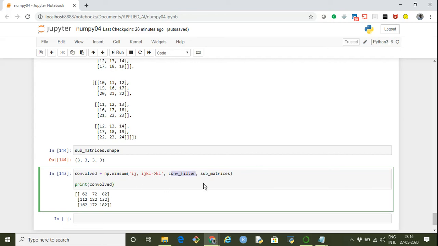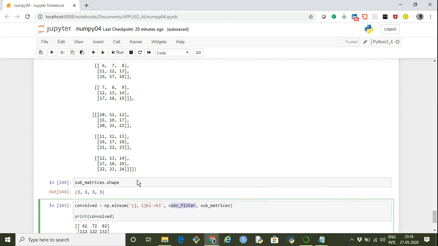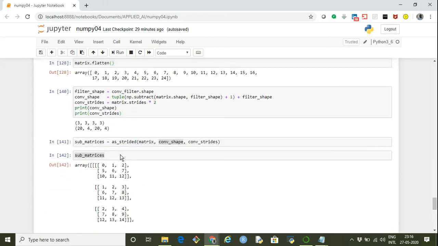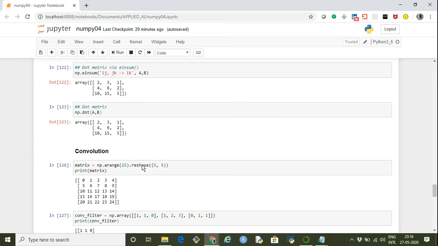We multiply them, and in the output we get the final matrix, which is the sum of all the products of the sub-matrices with the convolution filter matrix. This is slightly tricky and not very straightforward to understand, but if we use it, it will become easier for us.